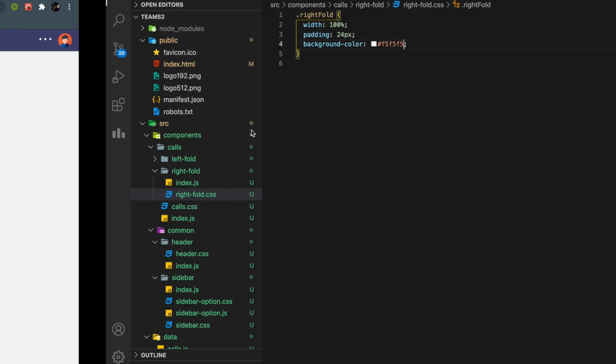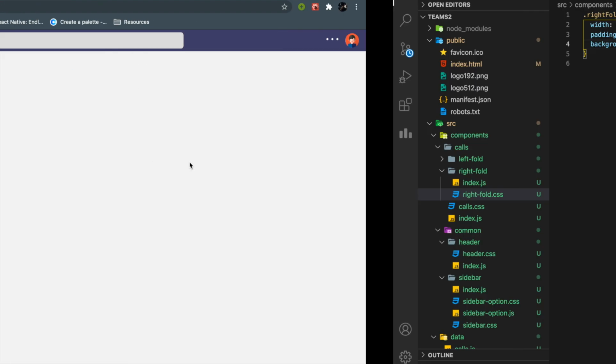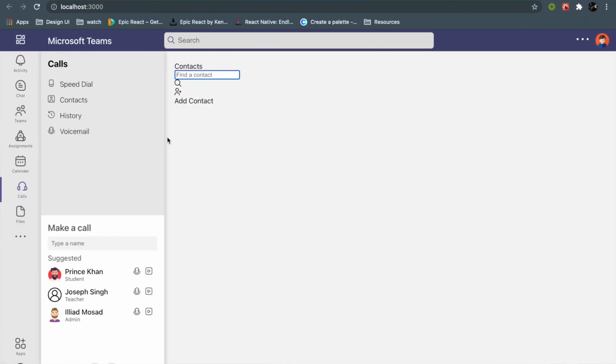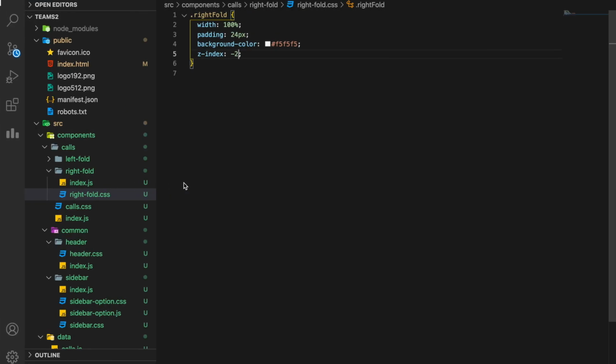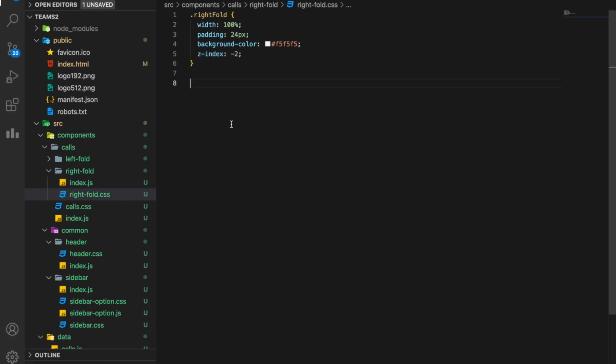The padding is good. Now again if you see the border that we had in the left fold is hidden. So to make it come out, I'll have to give it a Z index of -2. So yes, you see this is visible now. So okay, now let's style the heading, this contacts heading. I'll go to right fold heading.